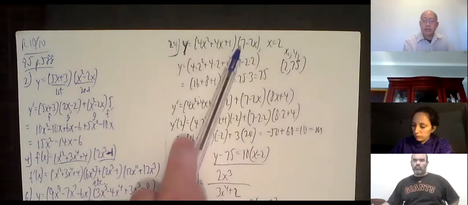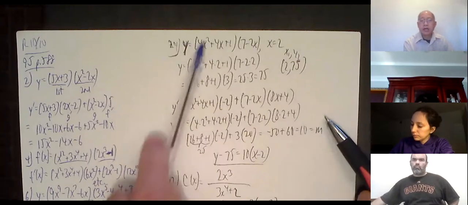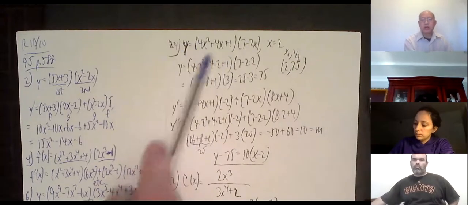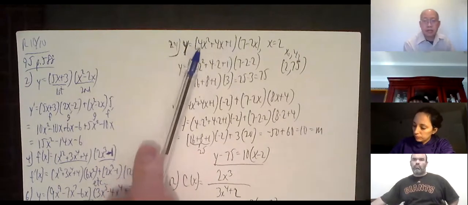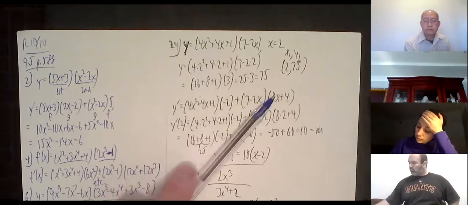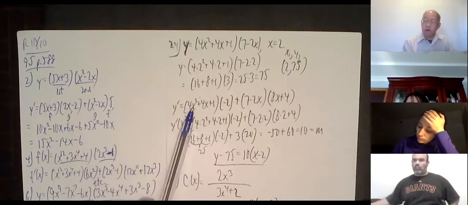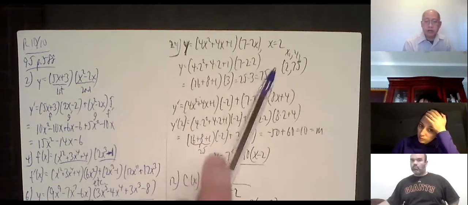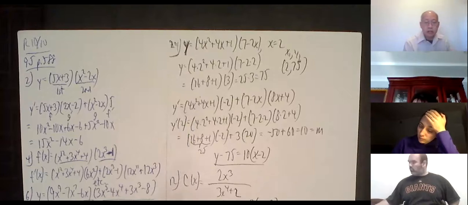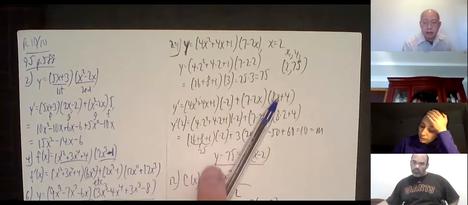Plus, second function, 7 minus 2x, times the derivative of the first function. So what's the derivative of this? That's going to be 8x plus 4. Okay, now I plug in 2. So that's the derivative anywhere, slope anywhere. I want it particularly at 2. So now I plug in 2 right there, 2 right there, 2 right there, and 2 right there, and grind